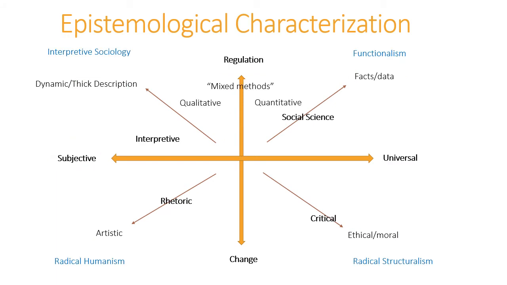Now we can complicate our diagram a little bit more. I've added a few more labels, but it's not changing things in a fundamental way. This is still sticking with Burrell and Morgan's description of things, right? But you can see some of the terms I've just given you. For instance, in this upper right quadrant is the social science. When a social scientist says they're a social scientist, this is what they're talking about. We are interested in universal truths or trying to approximate them.